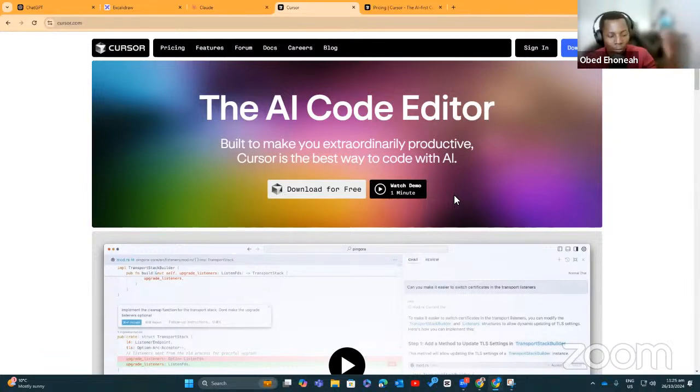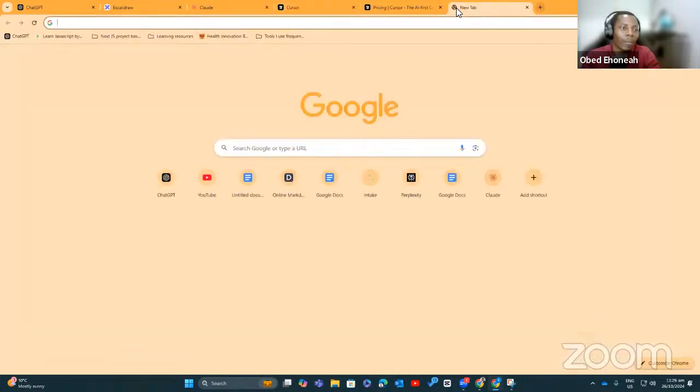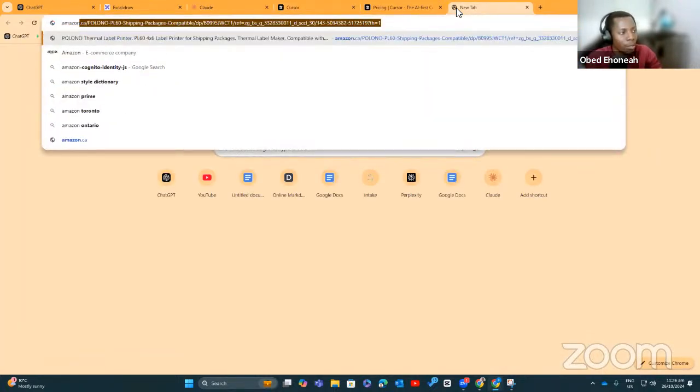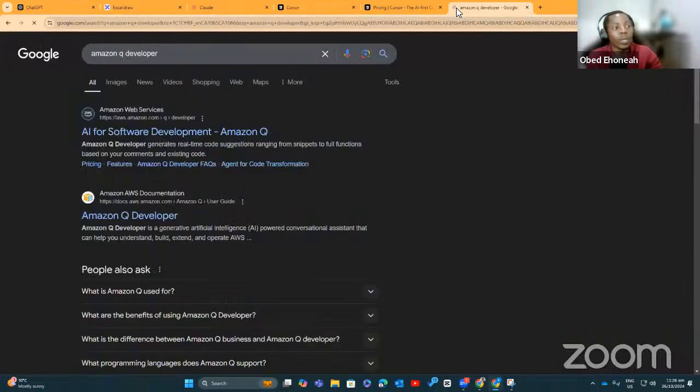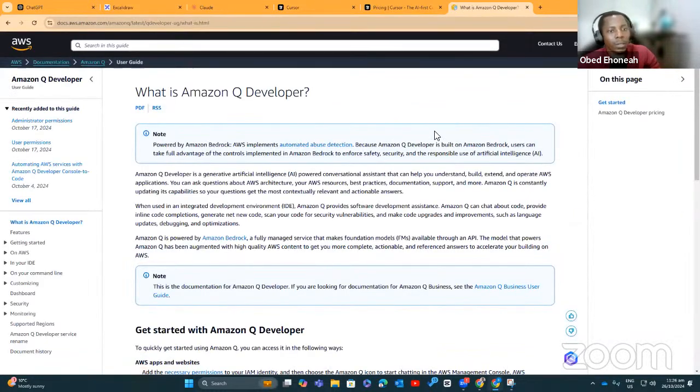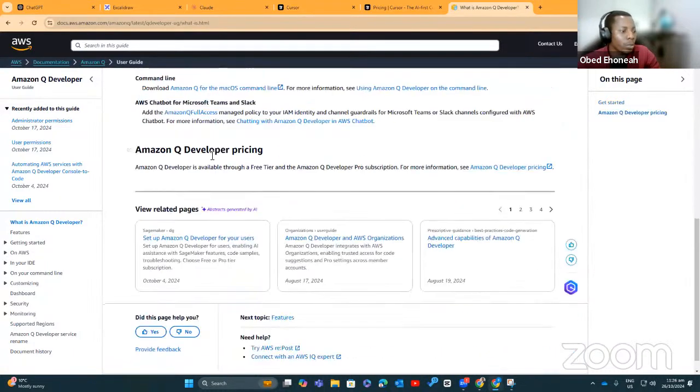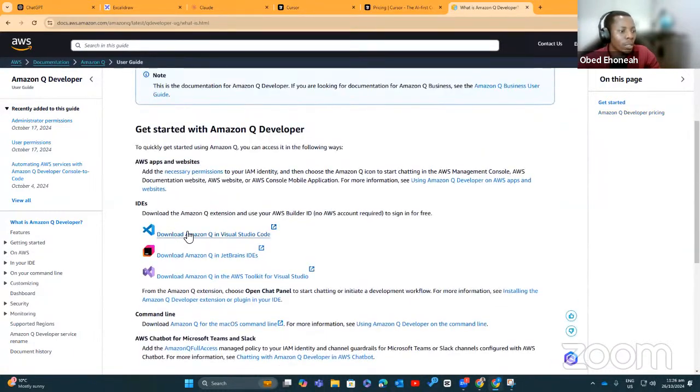And I know there are a lot of these AI tools. Personally, I have Amazon Q Developer that I use as well. Because I prefer VS Code, I just install it in my VS Code. So you can equally do that. Find Amazon Q, download in VS Code.